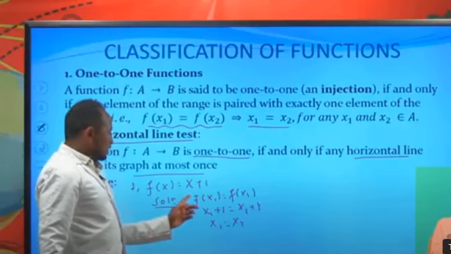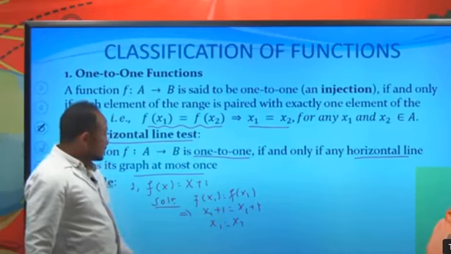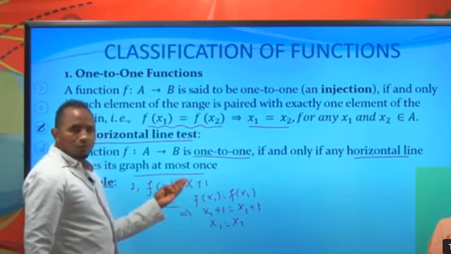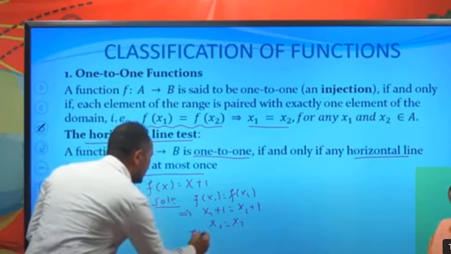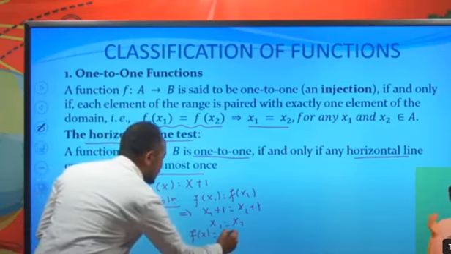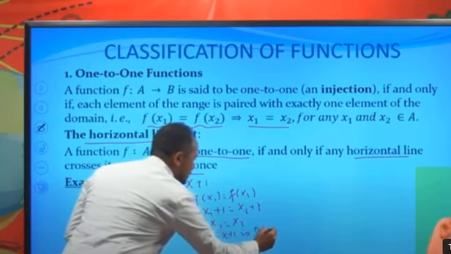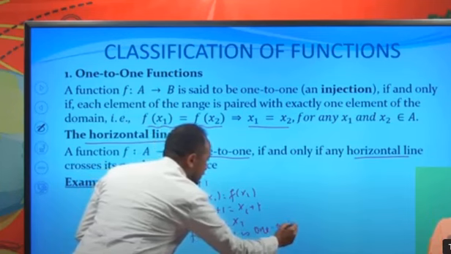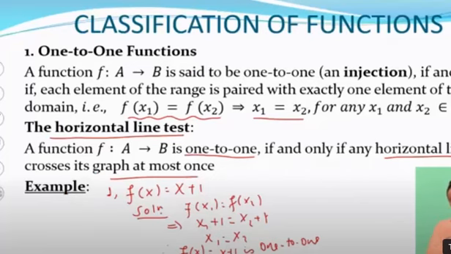So since f of x1 equal to f of x2 implies x1 equal to x2, this function is one-to-one. Therefore f of x equal to x plus 1 is a one-to-one function. By the way, you can check by drawing the graph and using the horizontal line test. If you draw the graph,